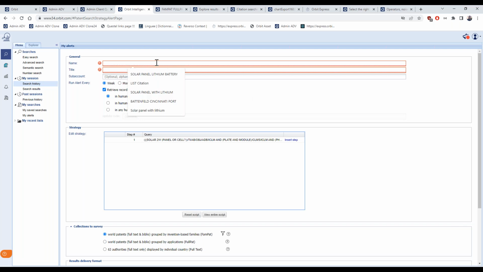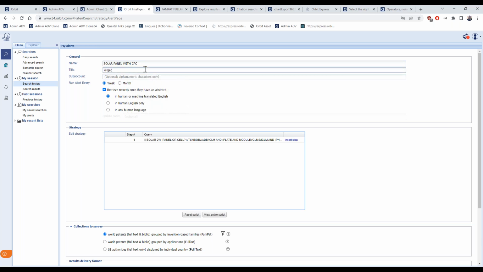Give a name and a title to this alert, and these two fields are mandatory.